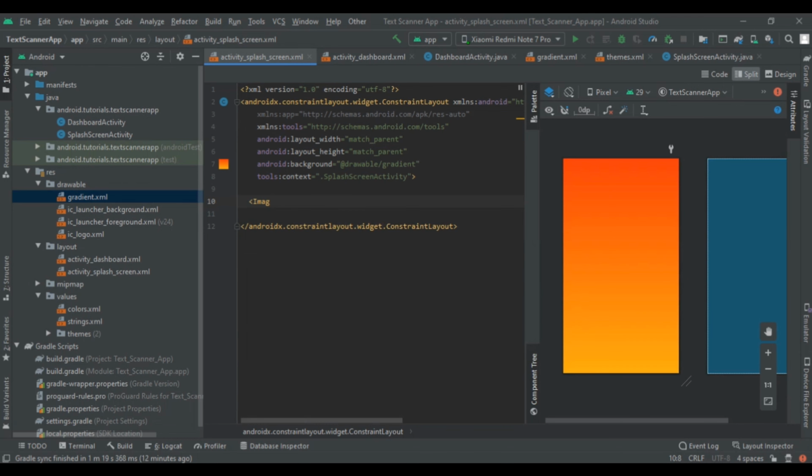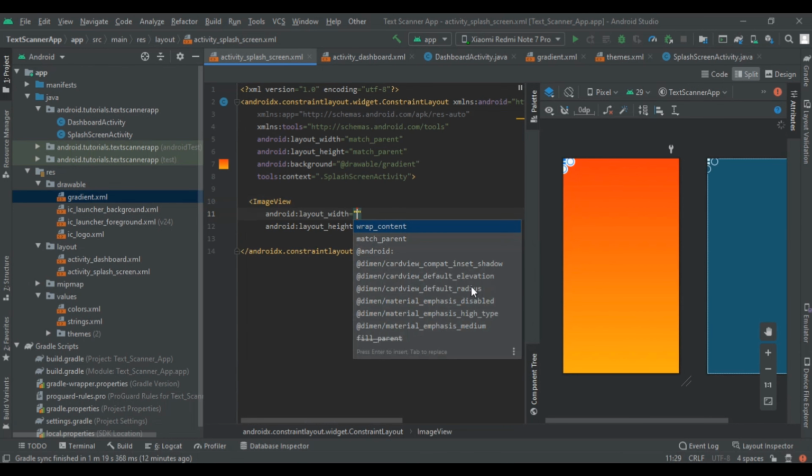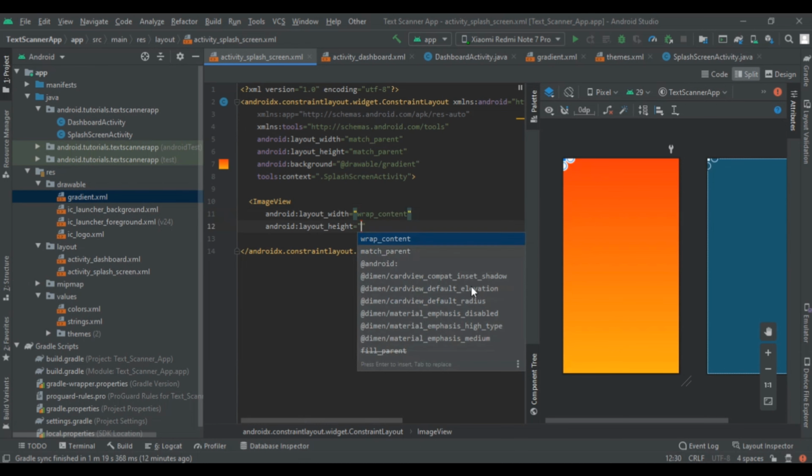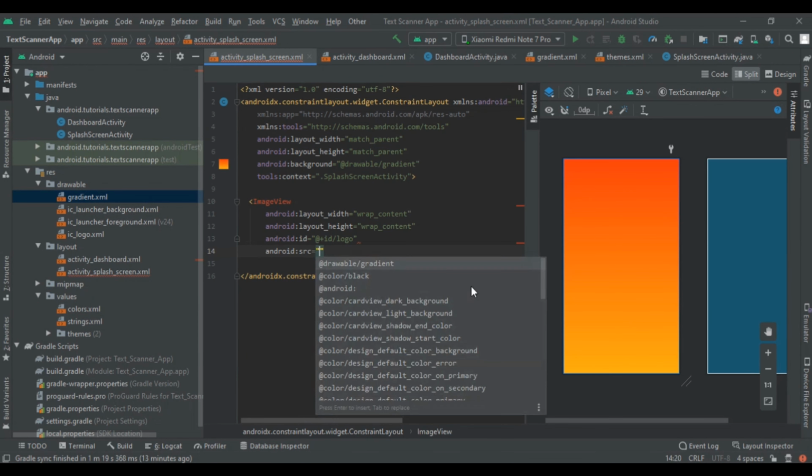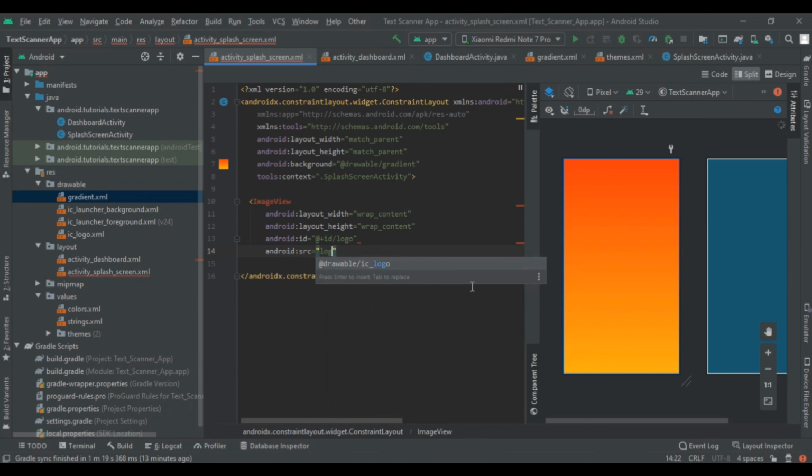Its width will be wrap content and its height also wrap content. Then assign its id, which will be logo, and give its source. The source is the logo as I already showed you, and here is that logo.